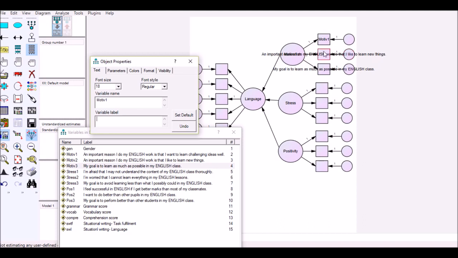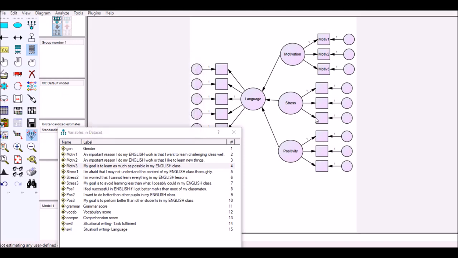Next, you don't have to close this, click on the second indicator and remove the second variable label as well, and do the same thing for the third one. So now our motivation has been created. You can do the same thing for stress and positivity. So I'm going to close this, and before naming the rest of the indicators, I would like to show you